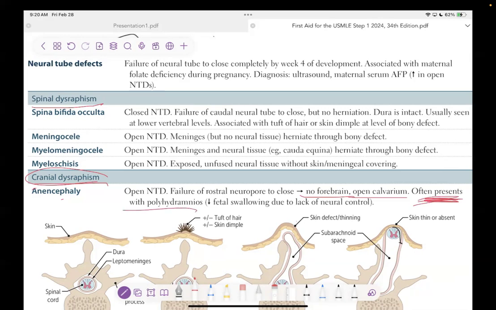It often presents with polyhydramnios. Why polyhydramnios with babies with anencephaly? Because we know that this amniotic fluid is made in the kidneys of the baby, and the baby pees out the amniotic fluid and then swallows it back into the system. So whenever the baby doesn't have an upper brain, or it is not fully developed, the baby cannot swallow, because swallowing and everything belongs to the upper part of the brain, right? So the baby cannot swallow. If the baby cannot swallow, all the amniotic fluid stays outside, and we will see polyhydramnios with the frog sign